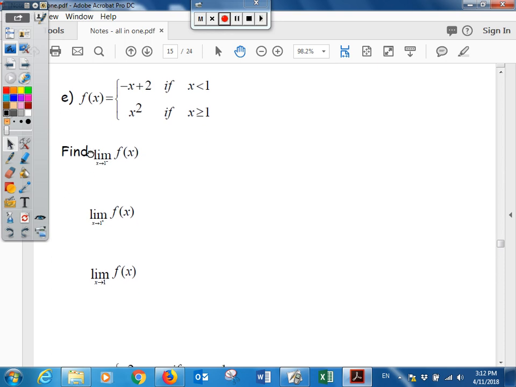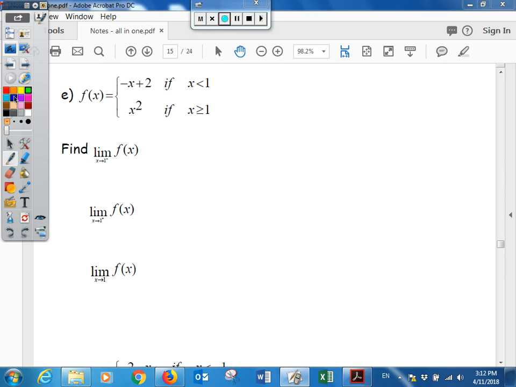Let's look at some examples of the piecewise functions. So the first piecewise function, f of x is equal to negative x plus 2 only when x is less than 1. It's equal to x squared when x is greater than or equal to 1. So the first one says find the limit only coming from the left. So if you were to graph this, where x is equal to 1 is your dividing point, you've got a negative x plus 2, the slope of negative 1 going through 2, and to the right it's x squared,